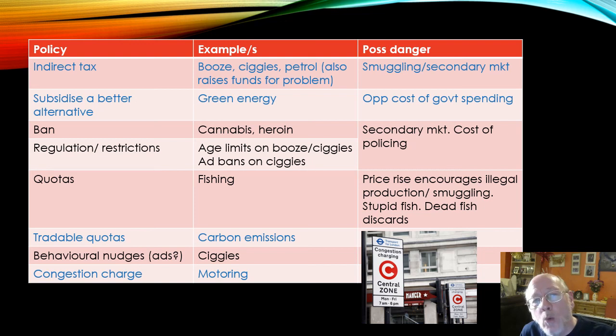And finally, another market solution used in the motoring industry, London was the first city in the world to do this, was to introduce a congestion charge. So again, you're internalising the externality. You are making people pay for the privilege of clogging up the streets or choosing not to. So you are making them think about, via their wallet, the impact of making that decision. And I think that's enough for one video.